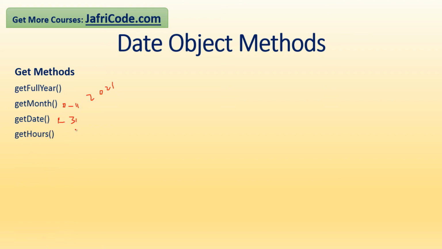And getHours. You can get from 0 to 11. And getMinutes from 0 to 59, and you can get seconds also, 0 to 59, and getMilliseconds from 0 to